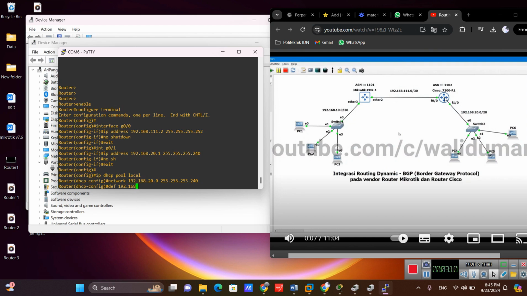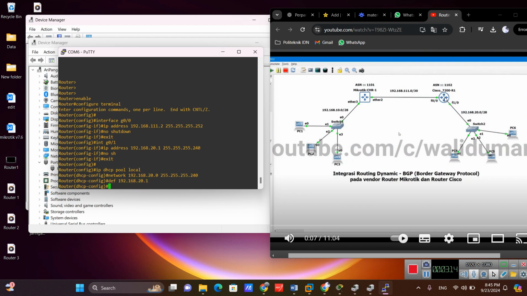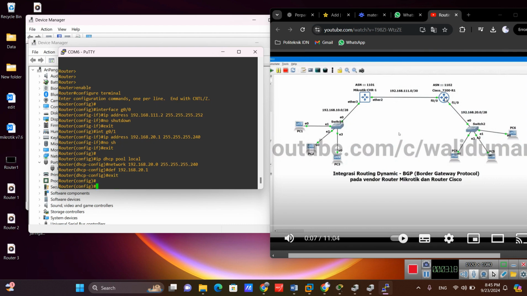This is from 0/0.0, because if it is a network we must use .0, and the default gateway is 20.0.